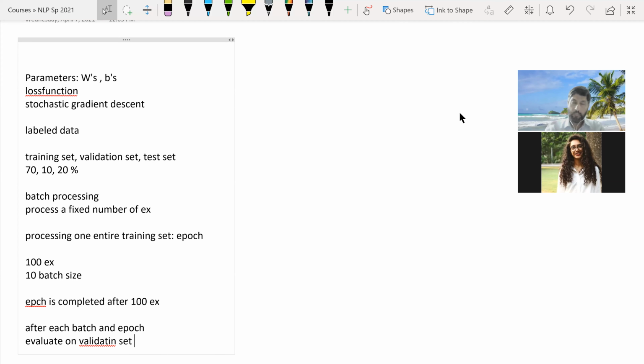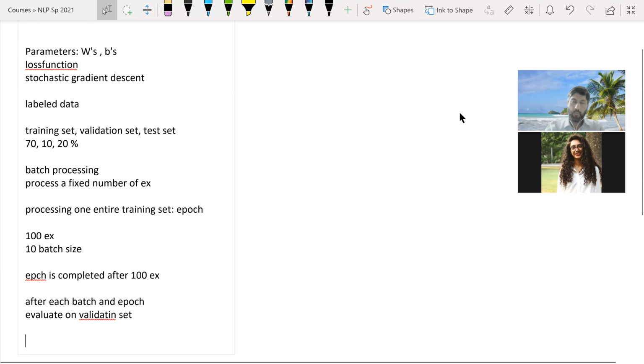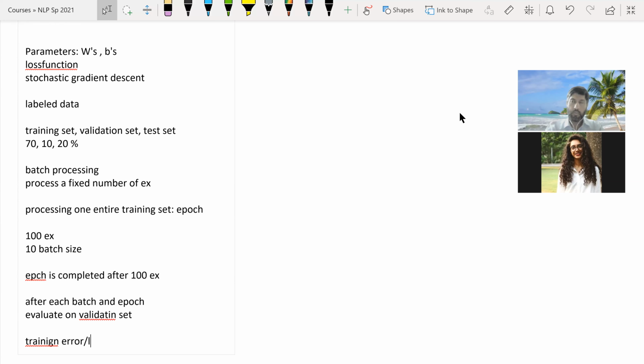So at the end of each epoch or after each batch, you also have values for training. Sorry. So you have two values. You have the training error or loss, and you also have the validation error or loss. So these two values would help you track how your model is learning. So if you plot them,